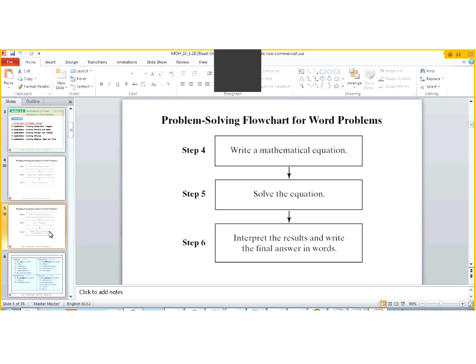So in this case, you would let something be equal to x, and Jared is asking what are steps 2 and 3. Well, these are just the steps that they came up with. Let's look at the steps here. Step number 1 says read the problem carefully. Step number 2 is assign labels to whatever is unknown. In this case, you want to assign a variable to it, and then you write sometimes a verbal model, and then you write a mathematical equation for it, and you solve for it, and so